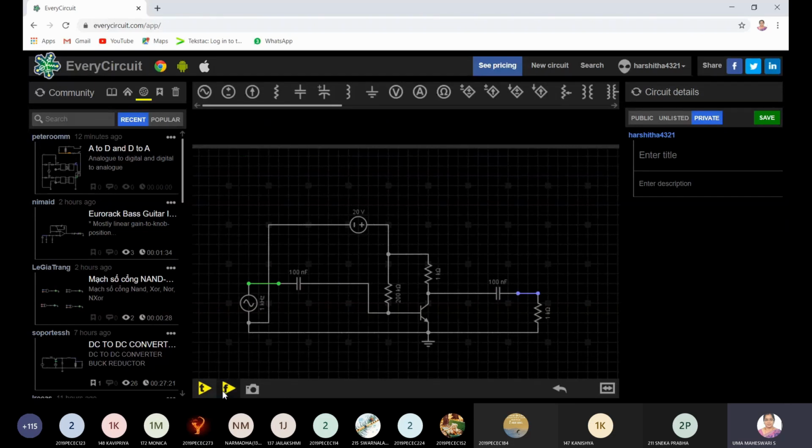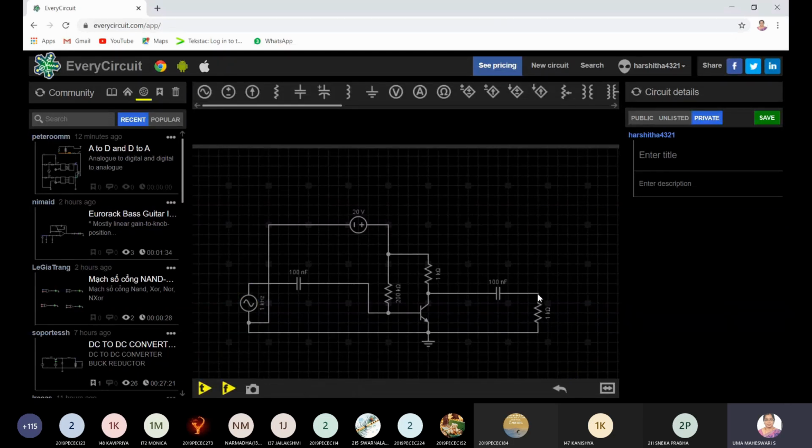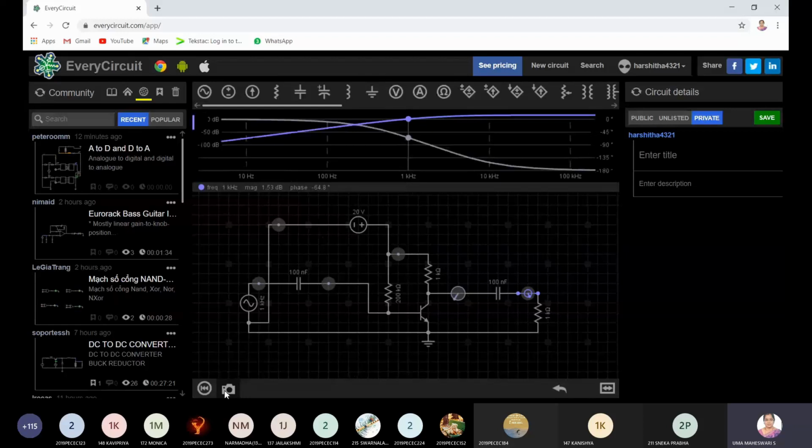The third analysis which I am going to do is with respect to frequency, so that I can plot the frequency response graph with which I can determine my bandwidth also. So what I'm going to do is, first once again check whether the FG is at 1 kilohertz. So it is at 1 kilohertz, no problem. So now I want to see the output waveform. So click this 1K, open waveform, it will show. But now you're going to do it with respect to frequency. So you have an icon called F, no, that you click. You'll see that you're going to get a frequency response graph.